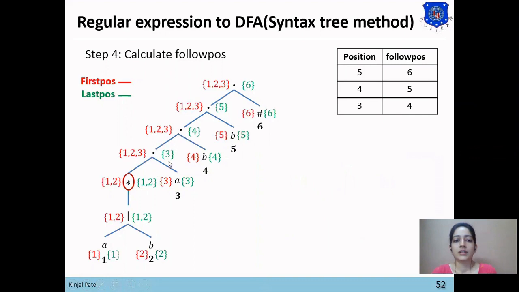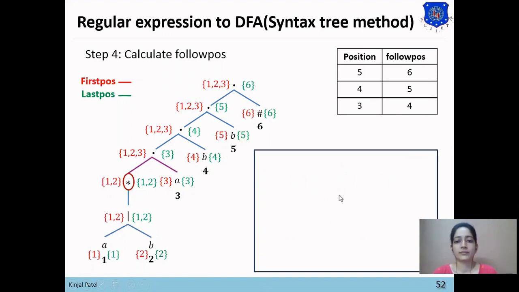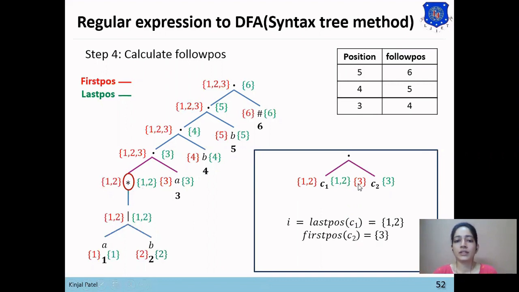Now focus on the last dot, which is our fourth dot. The last position of C1 is 1, 2, and the first position of C2 is 3, and this dot has first position 3.